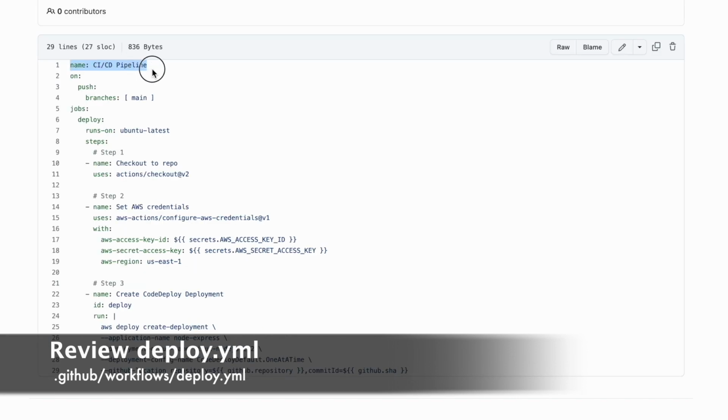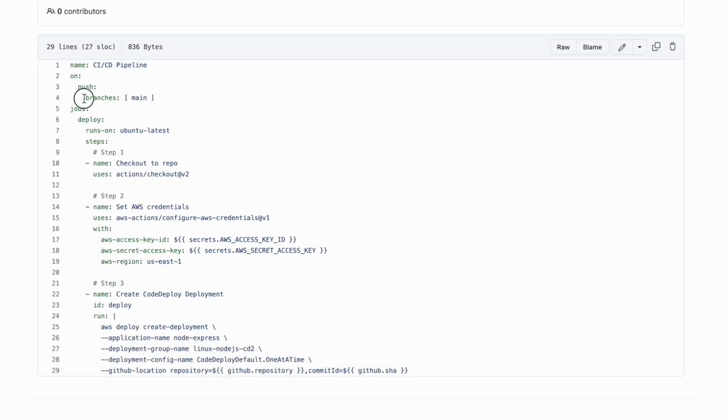So we have the name of the file of the process, and the event: on push to branch main, run this job that I have here. So the job name is run, and it runs on ubuntu-latest. It basically runs it on its own server. And step number